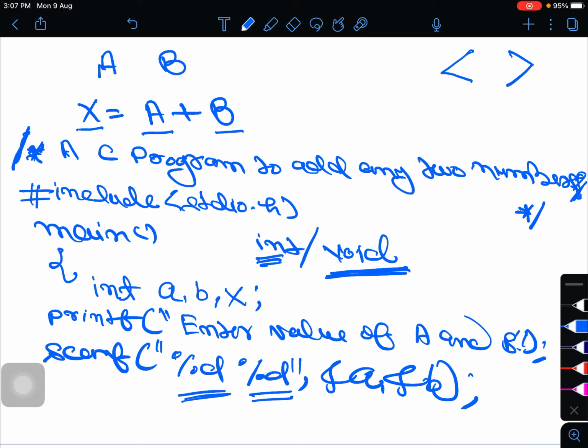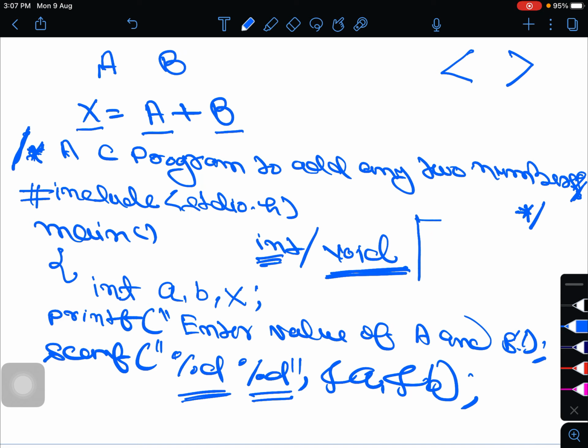When the compiler comes to this line, integer a and b, during compilation time, the compiler will allocate three memory locations a, b and x in the computer memory.